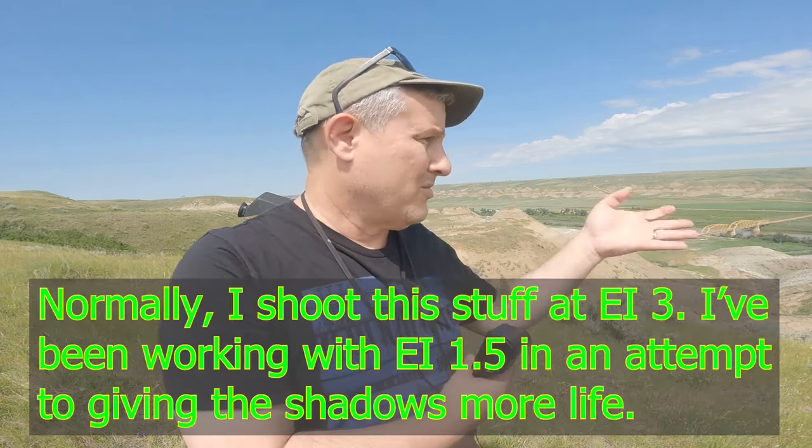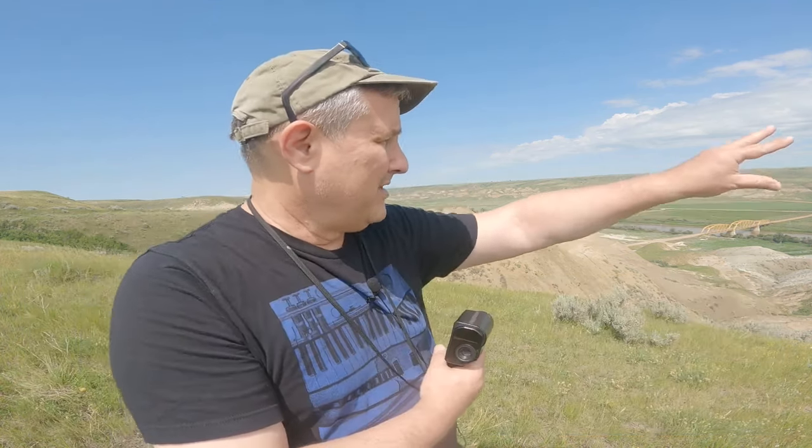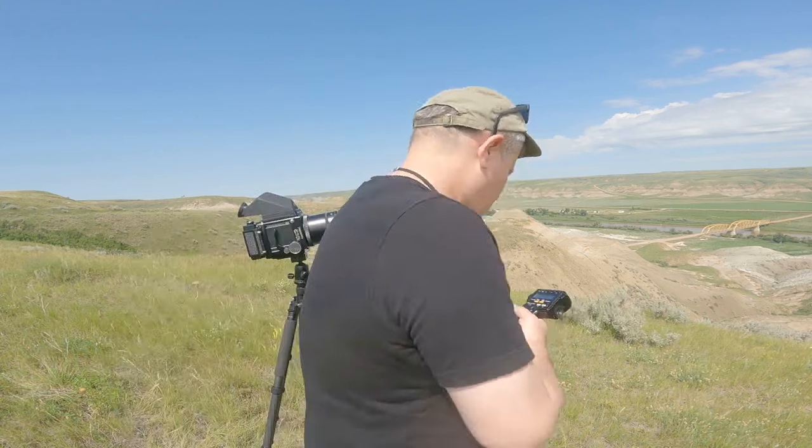So I'm just going to give 1 stop less to put that on zone 4. But I got to give 3 stops more. EI 6, 3, 1.5. So I got to give 3 stops more. So I won't even bother. I'll just leave that take as at the meter reading, and I'll add 2 stops. Okay, so